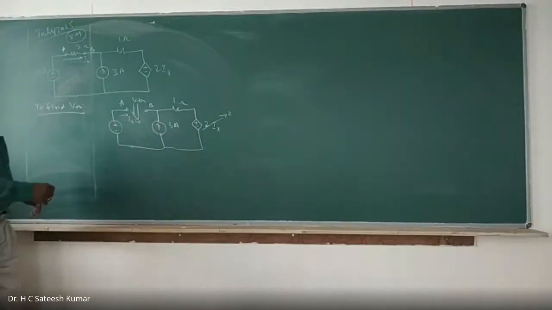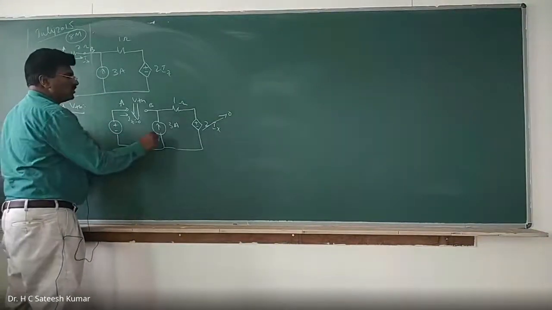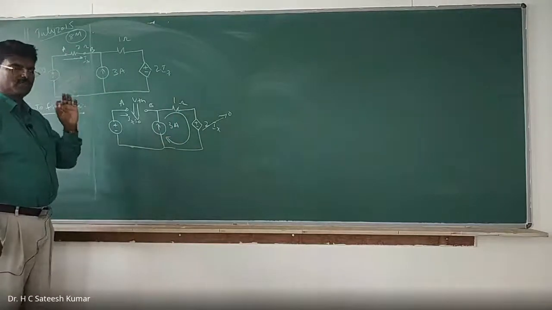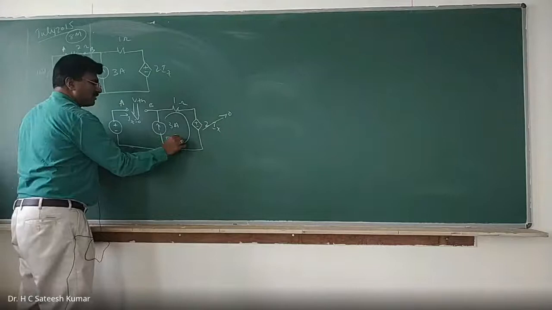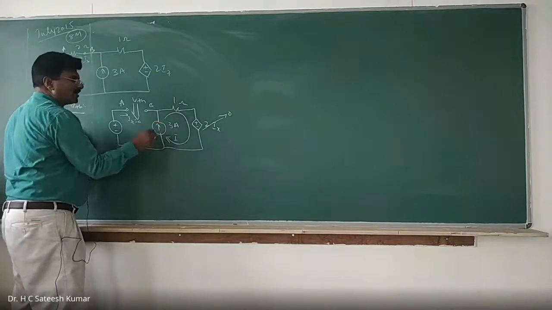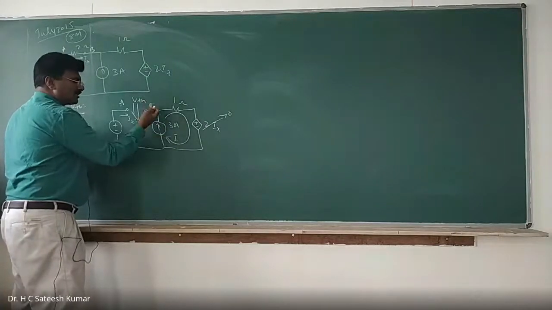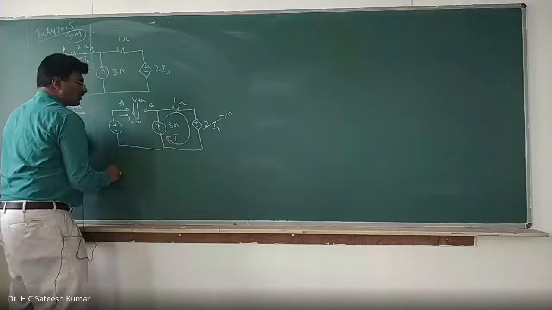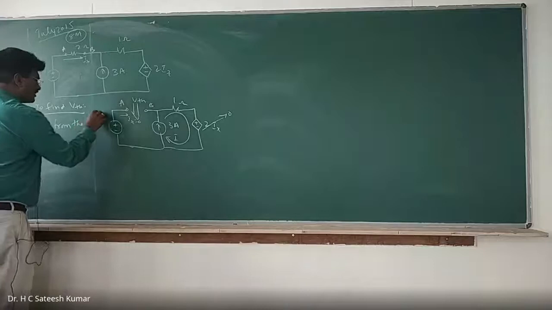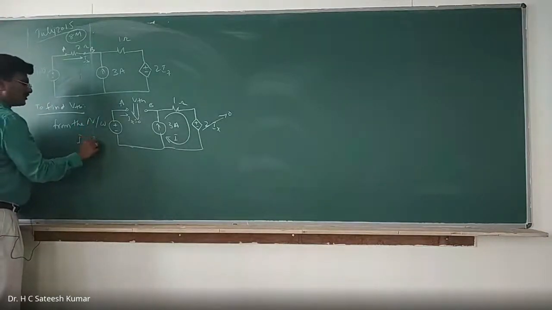Now what you should do? You have to apply the KVL. You have to find out the voltage. So now apply KVL here. This is one complicated problem. Carefully observe that. Loop current you mention I. And what is I? I is equal to 3 amps. No need to apply KVL here. I is this side, 3 amps is this side. Therefore, from the network, I is equal to 3 amps.